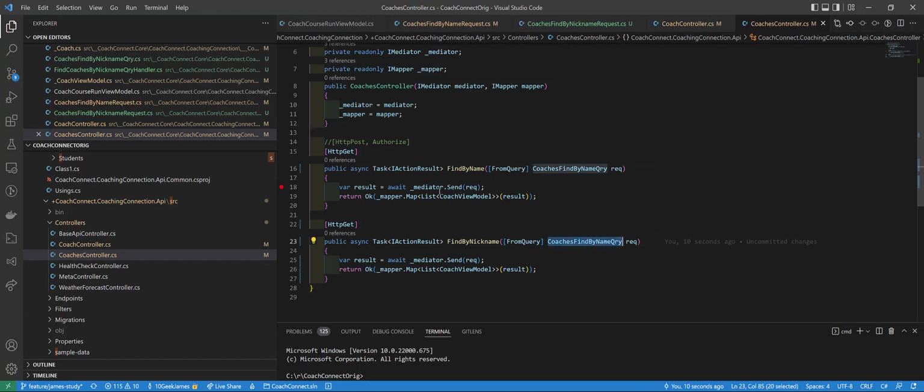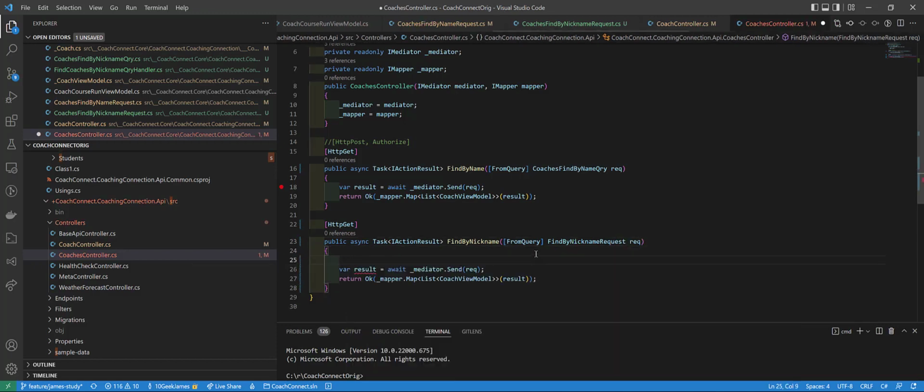Find by nickname query. Send the request to mediator. I see. So I don't know, again, that I want to expose these, and if I do, we could move them somewhere else. This should likely be the find by request. And then down here we could teach AutoMapper how to do this. It might be nice, but let's just say